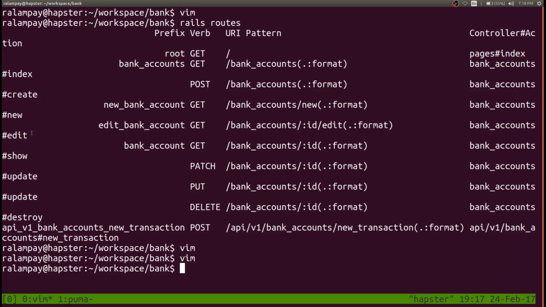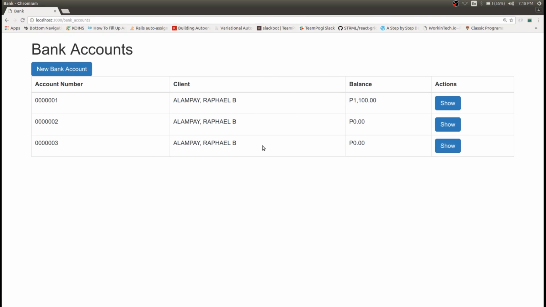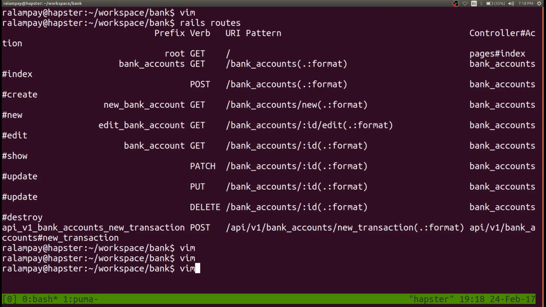So edit here requires the prefix edit bank account, wherein you have to pass an ID, right? If you notice the URL signature right here, if you see a colon in the route, that corresponds to a parameter in the URL that you can extract eventually on the controller side of things. So in this case, it expects a value for the parameter ID that we pass to it. So what I'll do is, in the show page,